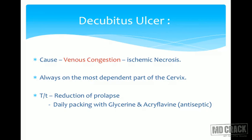As we discussed, decubitus ulcer is because of venous congestion and ischemic necrosis. So now, to treat it, what should be done? Because the organ is prolapsed, the vasculature is affected, venous return is decreased, leading to congestion and then necrosis. So treatment is to put the organ back in its anatomical position. Only then will the venous circulation improve, fresh blood come in, and the necrosis or ischemia be corrected. So the treatment is to reduce the prolapse to its normal position,